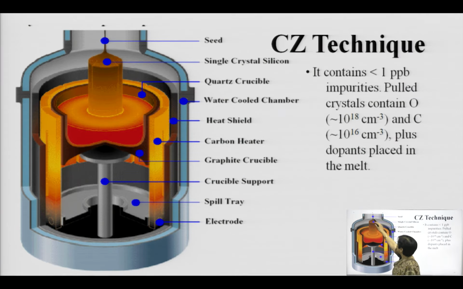Here you have the seed crystal, a single crystal which is used for growing the silicon. This is the molten silicon which is held in the crucible. This is the complete chamber which is holding the entire system. This is the susceptor which is rotating the crucible in the clockwise direction, and the crystal is rotated anti-clockwise. So, the directions of rotation should be opposite.